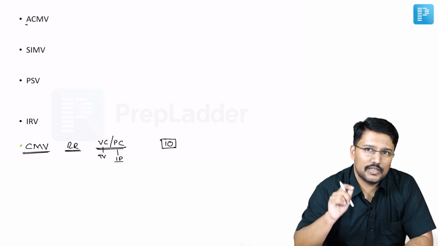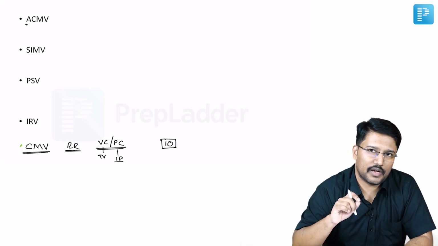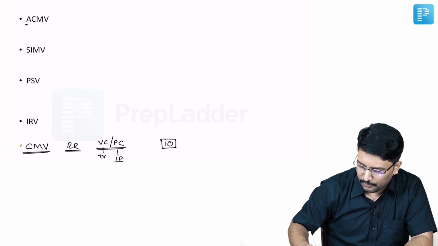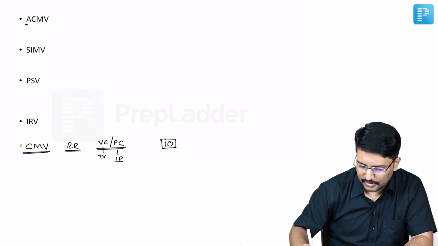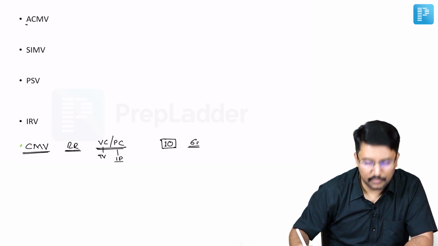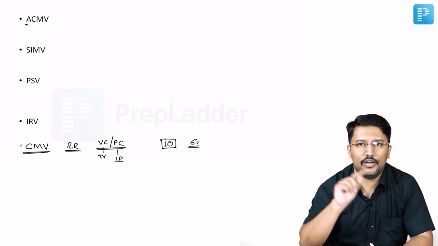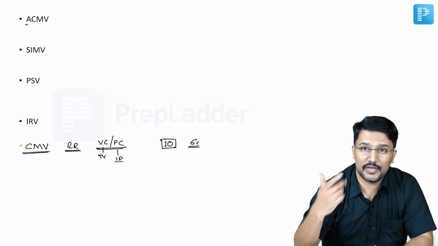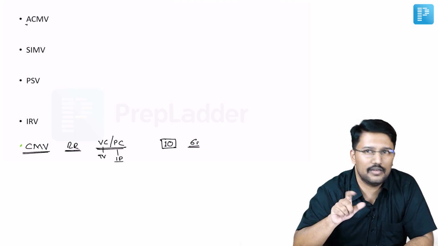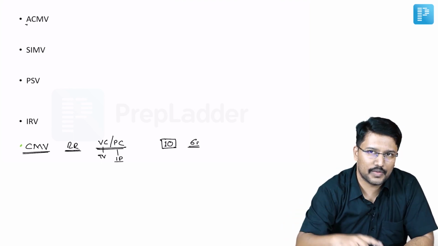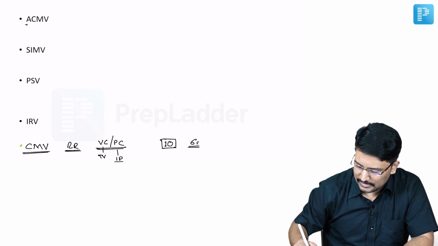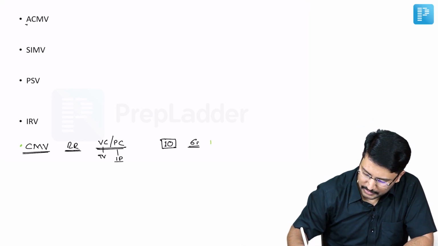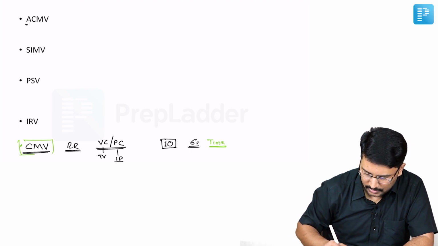Okay, so thus time becomes an important triggering factor, because see, for example, if we have set 10 as the respiratory rate, that means we have 6 seconds for every breath. So at the end of every 6 seconds, machine knows that okay, one breath is completed, I have completed 6 seconds of a breathing cycle, now it's time for next cycle. That's how machine senses it is time for the next breath. That is why we call time as a trigger for controlled mode of ventilation.